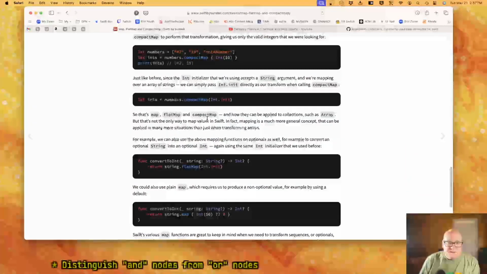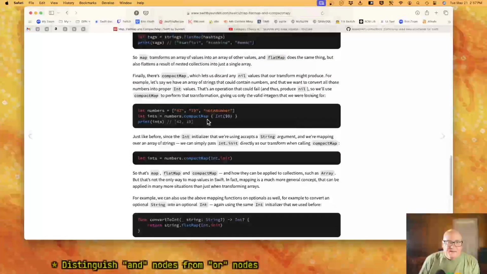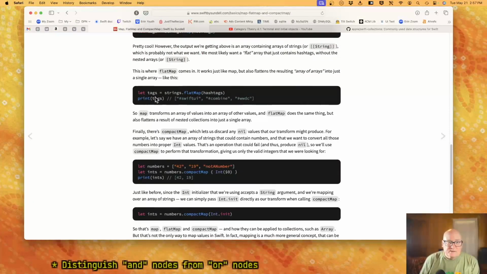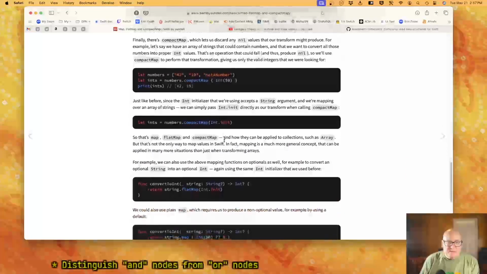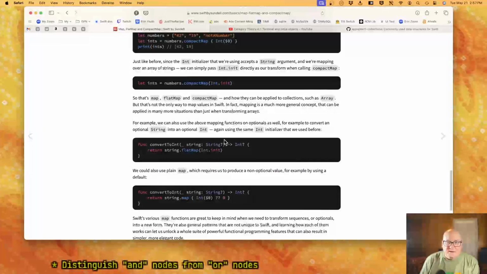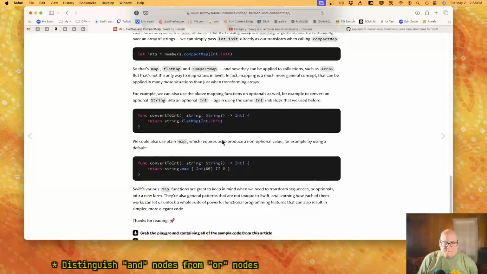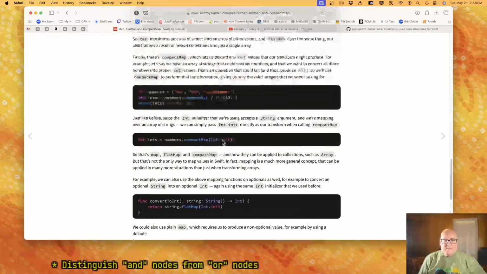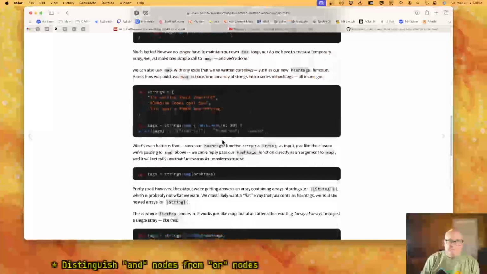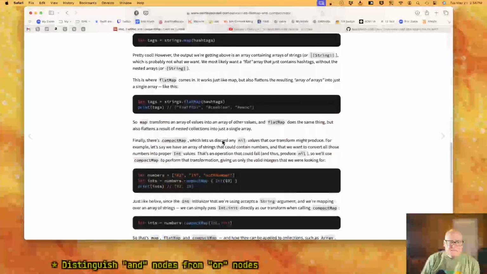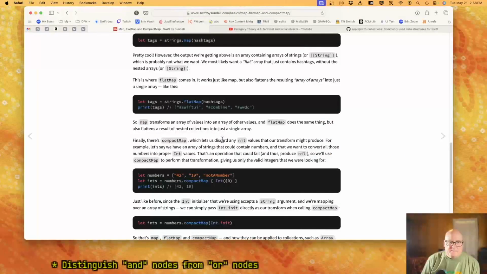He's making it too complicated. Okay, discarding nil values. Okay, we don't really care about those. Map transforms, but flat map does the same thing. Yeah, flat map.